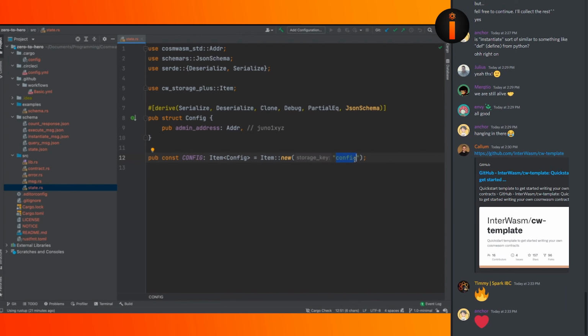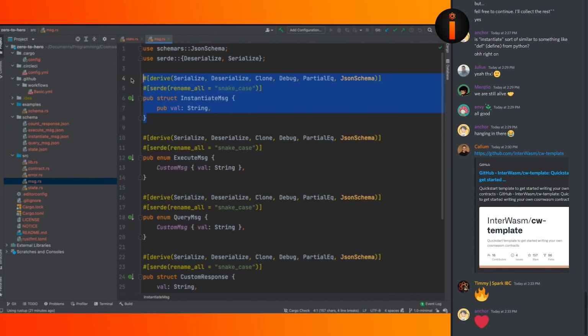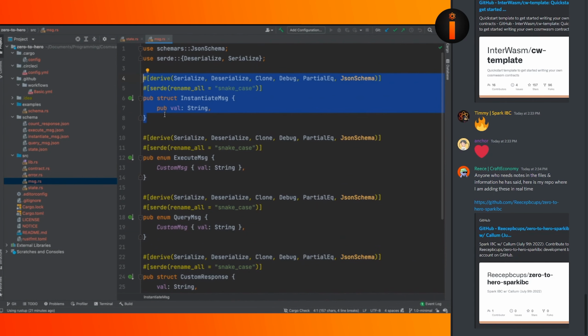After this, I'm going to jump to the message folder, because as you can probably guess, when we instantiate our contract, when we create our contract, we want to set up this config. This config needs to be populated with values. So now we're going to jump over to message.rs, but we're not going to jump into it too much. We're only going to be looking at the instantiate message, because we're going to start at the start, and that's when you create a contract. As you know, we defined a config. This config is going to need to know